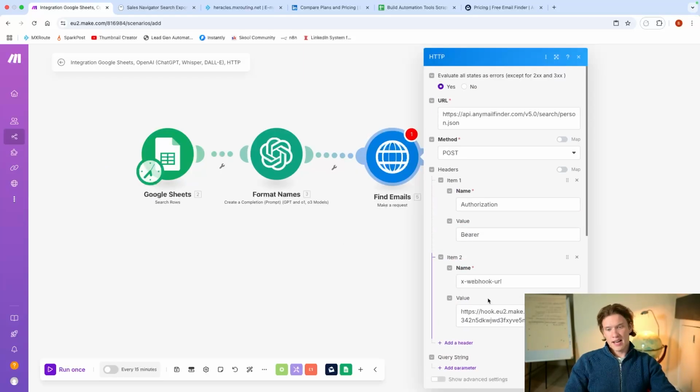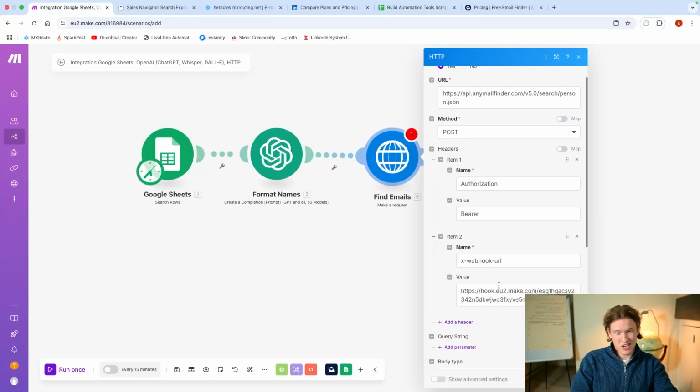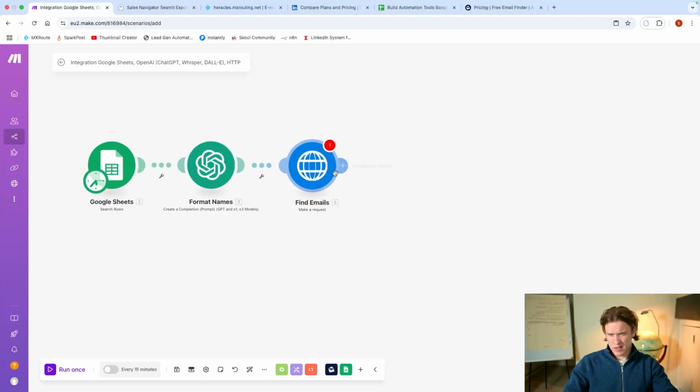And then we add the Anymail Finder API. We don't actually need this in because we're not going to actually be processing that many leads. It's only going to be 250. We could do it all in one scenario. So after you've found the email,